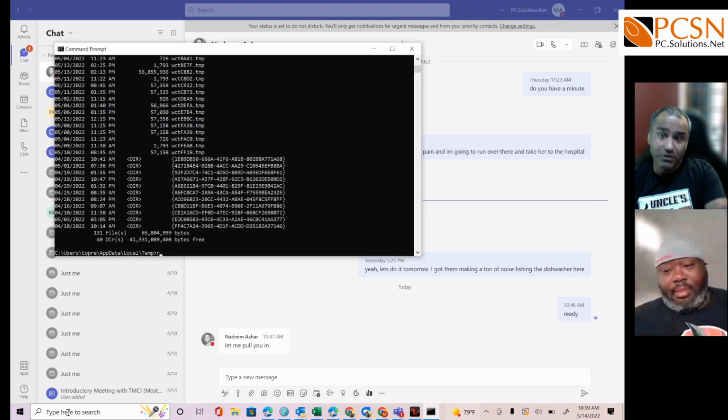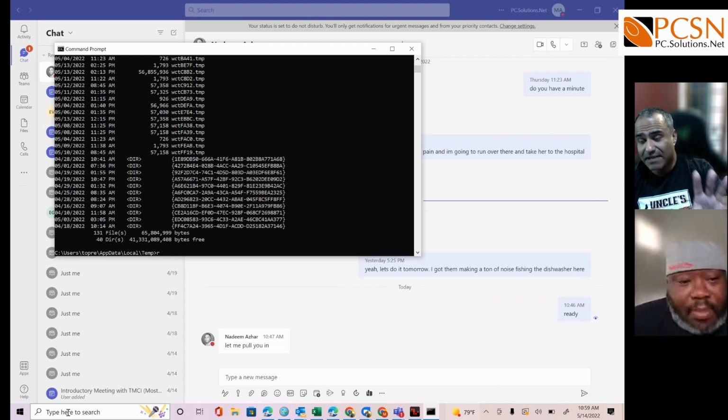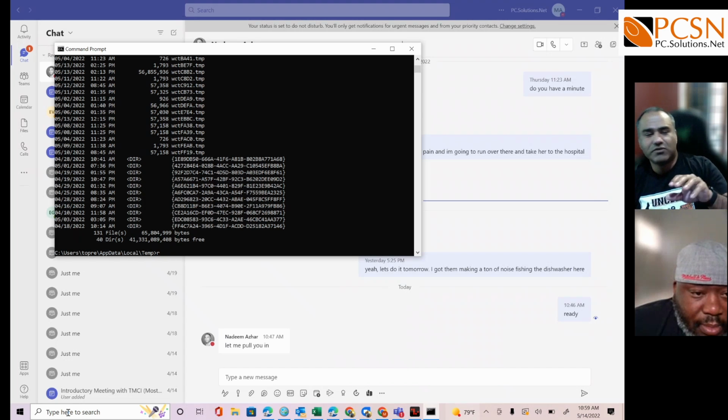Now, this is a super user command. Typically users using computers won't even know about this command, and they shouldn't, because it can be dangerous if you're in the wrong spot. So very carefully, we're going to type in R as in Romeo, D as in Delta, space,